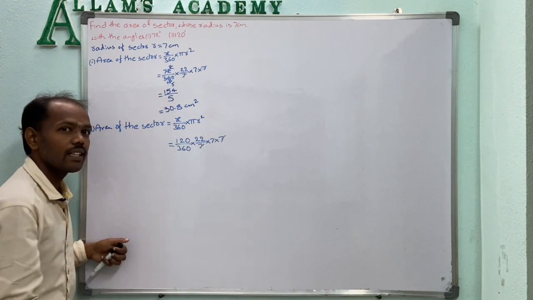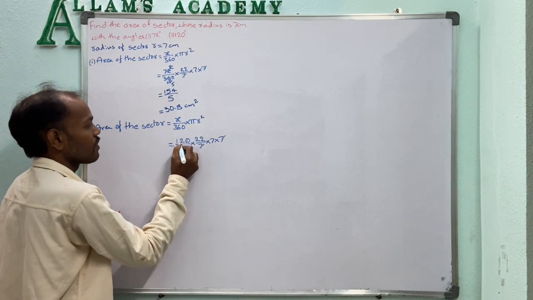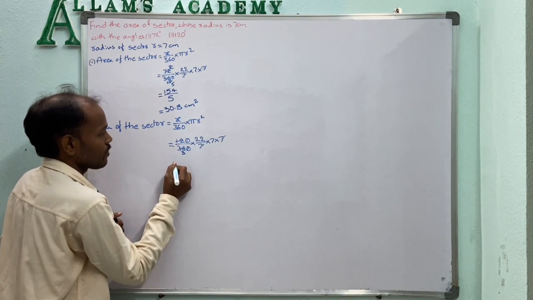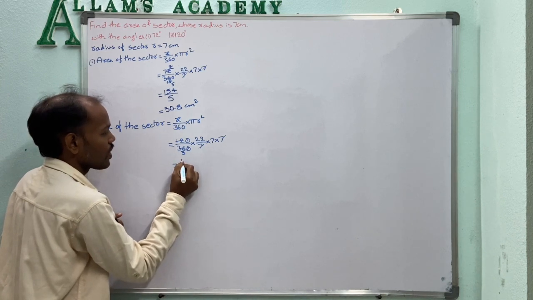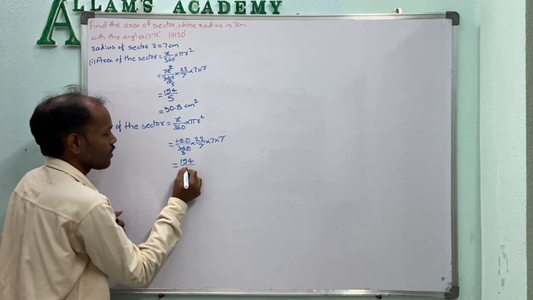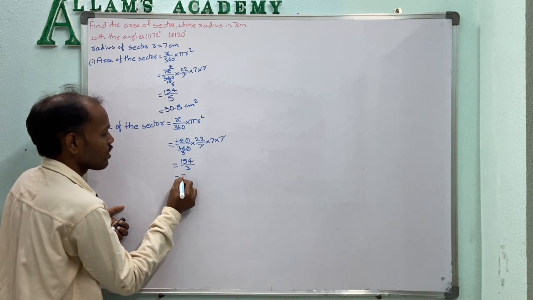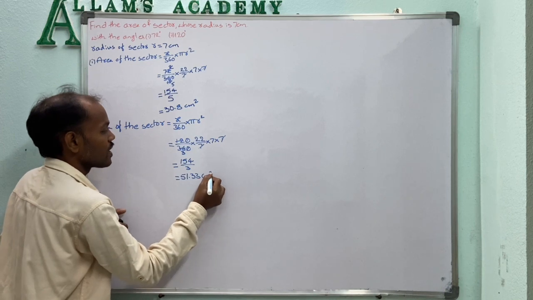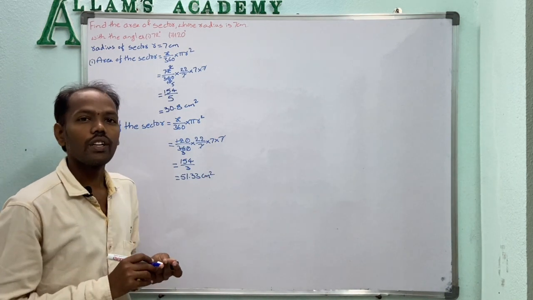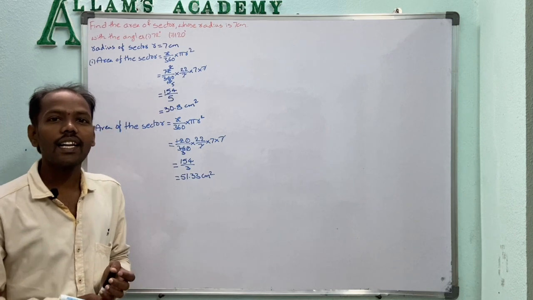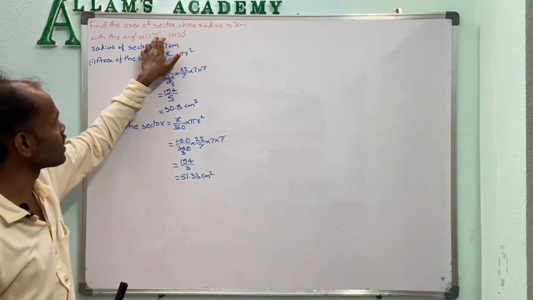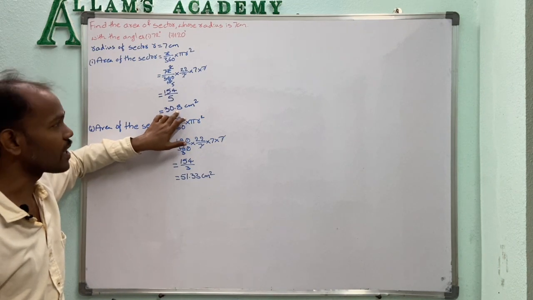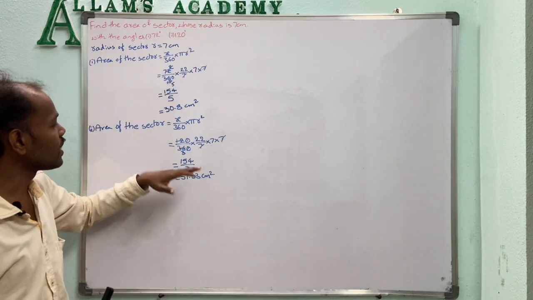So the 7s get cancelled. So 12 ones 12, 12 threes 36. So that equals 154 by 3, which equals 51.33 centimeter square. So if the angle of the sector is 72 degrees, then its area is 30.8 centimeter square. If it is 120 degrees, then its area is